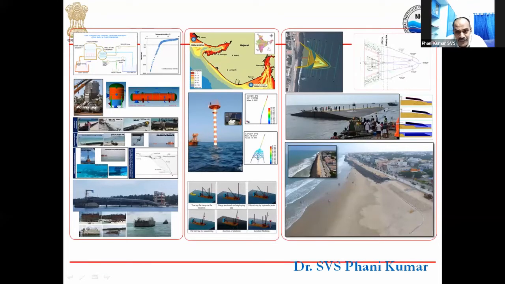I don't want to spend too much time on it. We installed this platform in Puducherry. You can see on the right hand side of your screen the structure on the top part, the actual structure with people standing above it. And after we installed the structure, the beach that is formed as part of our work. Okay, next slide, please.